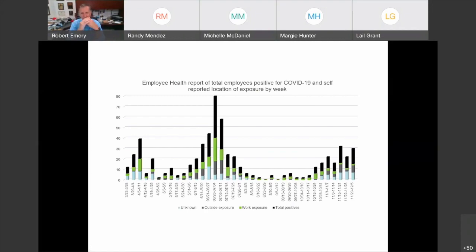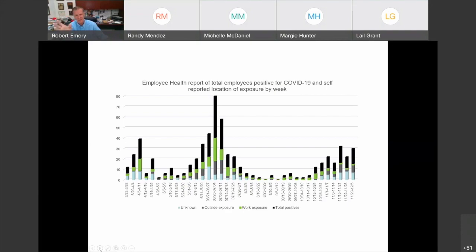It shows COVID testing by people, if they don't know where they got the exposure, or it might have come from outside, it might have come from work exposure, but the black bar on the top is the total. What they've done is put the total on top, so it gives the impression that at one point there were 80 positive cases, but in fact there were 40, the total. So be very wary when you see stacked bar graphs like this, make sure they didn't put the total on top of it. It was very misleading, but not intentional, and we've since cleaned it up. I need to hunt down the improved version, because I get one of these each week, and I just have to put an improved version in there.